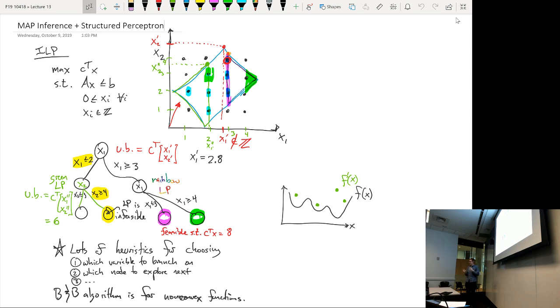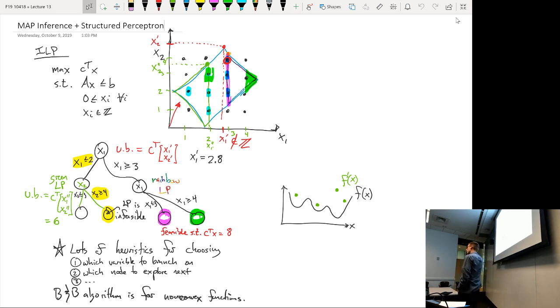So that's the real power of the bound part of branch and bound. Because we have these bounds at each node, and if we have found good solutions along the way, we might be able to completely get rid of entire regions of the search space. Yeah? When you say that we have heuristics to choose which variables to branch on, does that